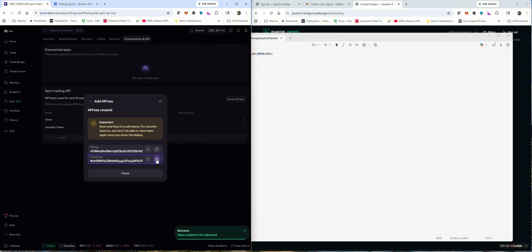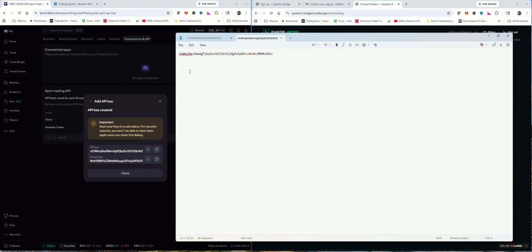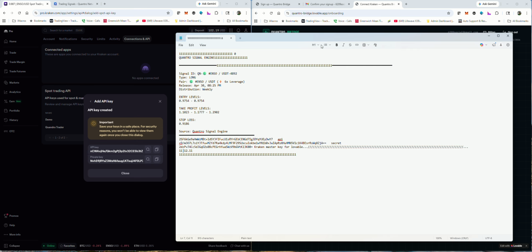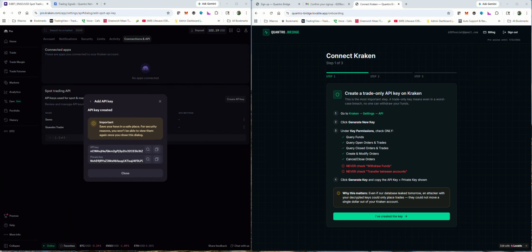And you just do it for both, and paste it here for safekeeping. And keep this in a safe place so that you won't ever lose it. Okay? I don't need these keys, so